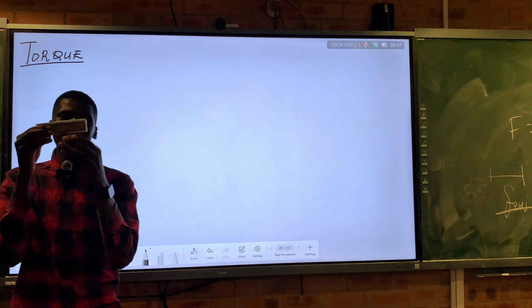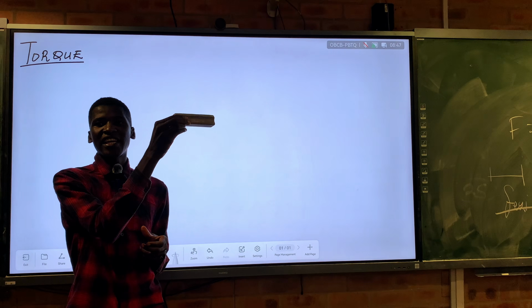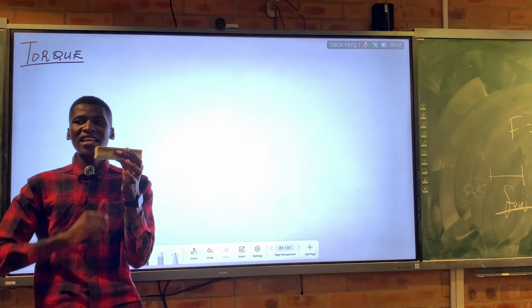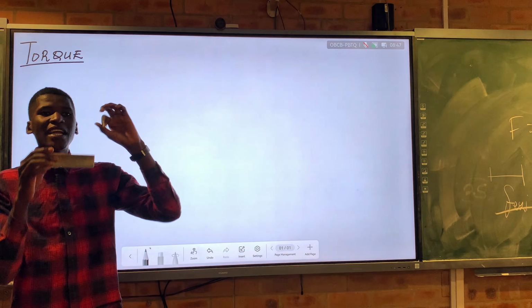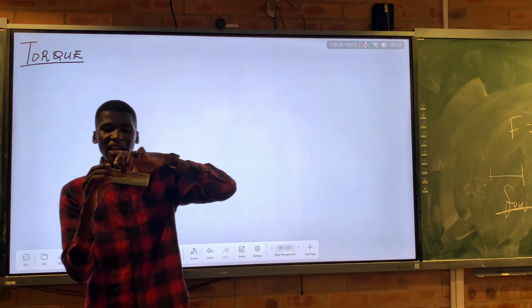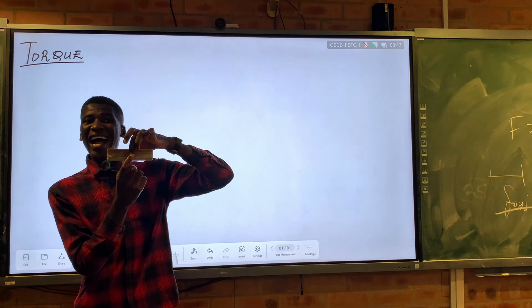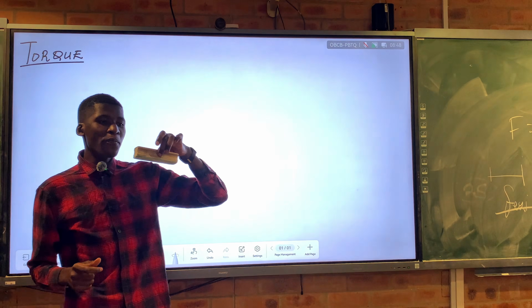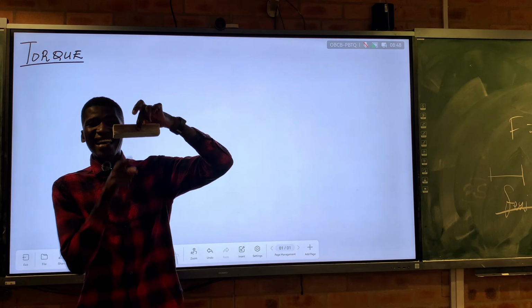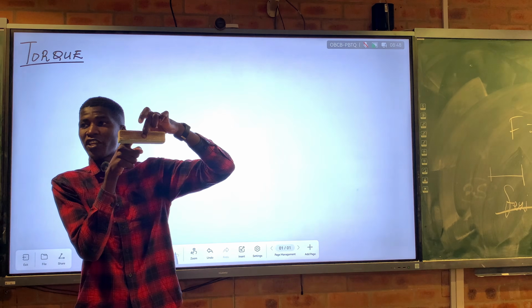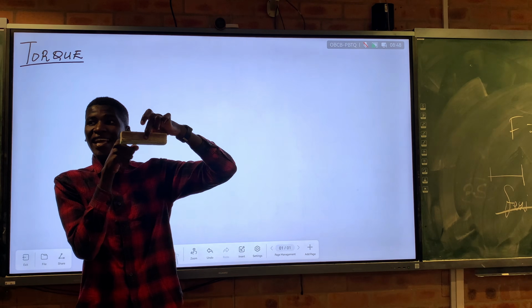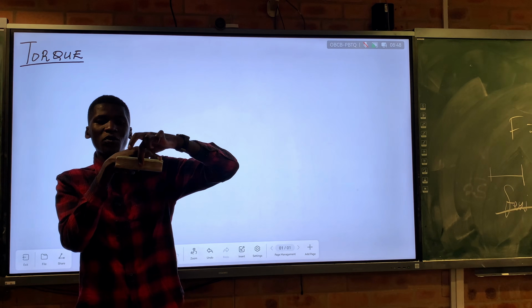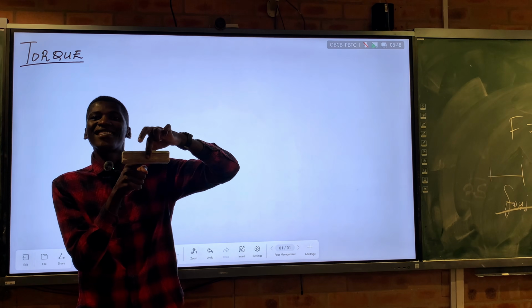If I say this duster is moving, this is linear motion. But if it is rotating around a fixed point, it is rotational motion. So in rotational motion, your object is rotating around a certain axis, around a certain fixed point. For example, I'm holding the duster at the center. I'm holding the duster at the what? At the center. So when I'm rotating this, the duster is actually rotating about the what? The central axis.